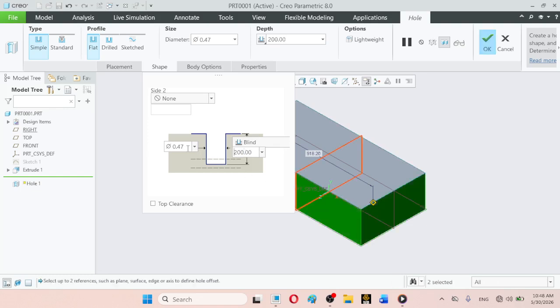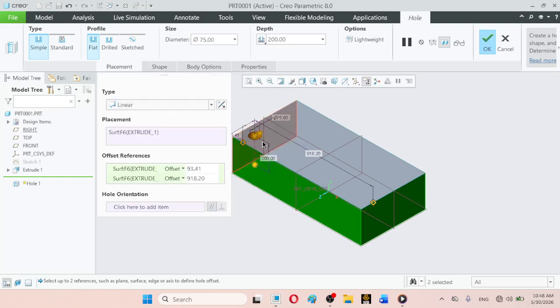And after that, the diameter for the hole can be any assumed random dimension, for example 75, and here we can observe.